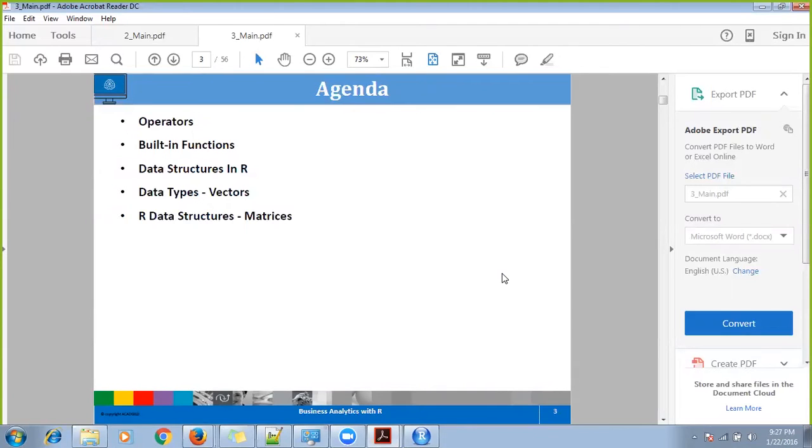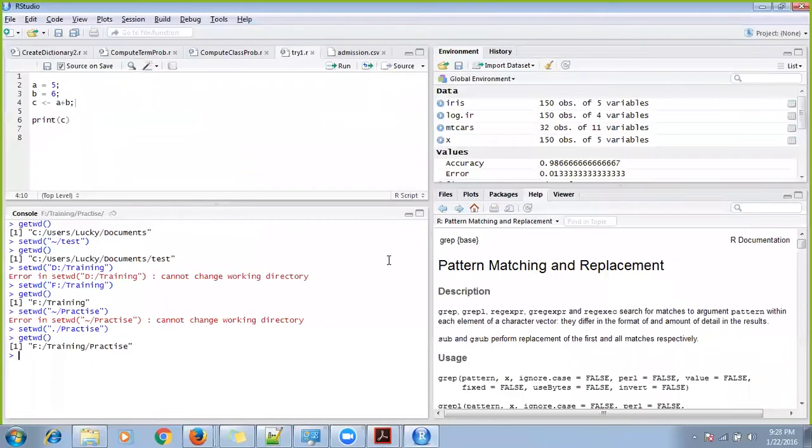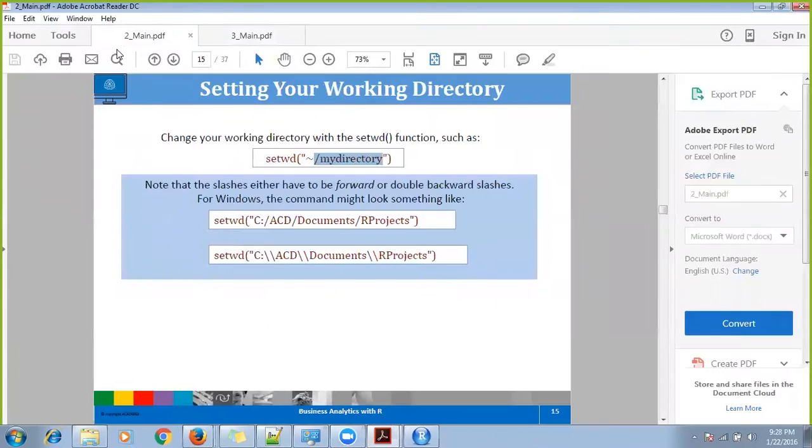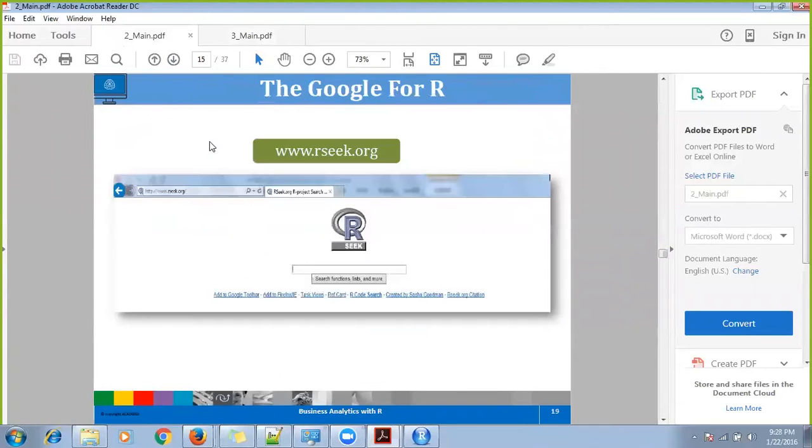When I say some built-in functions, it will be the built-in functions without adding any extra package. Right now, I have not added any other package that were shown in the last PPT. In the last PPT, we are showing a lot of packages.